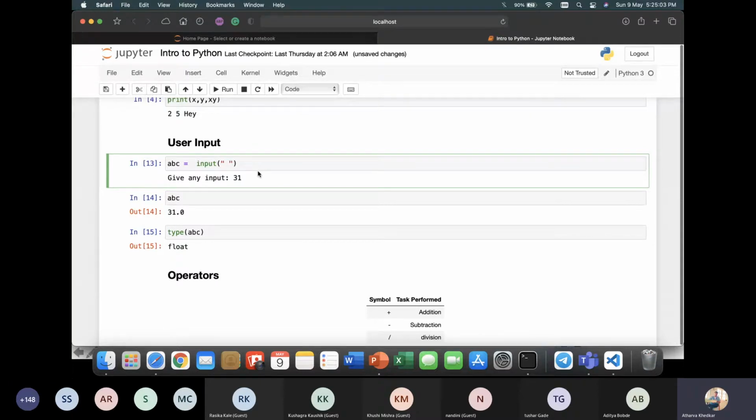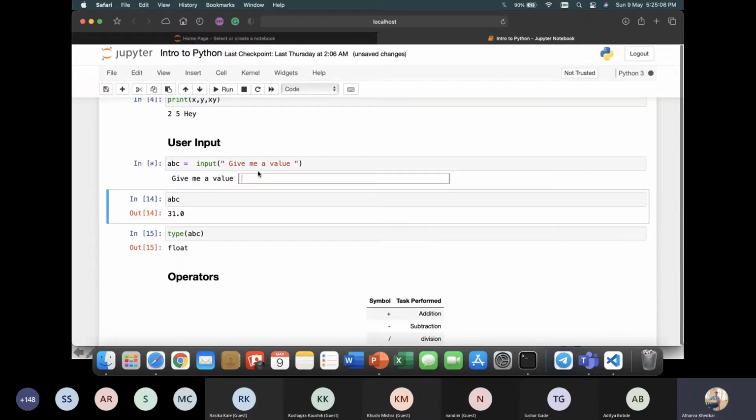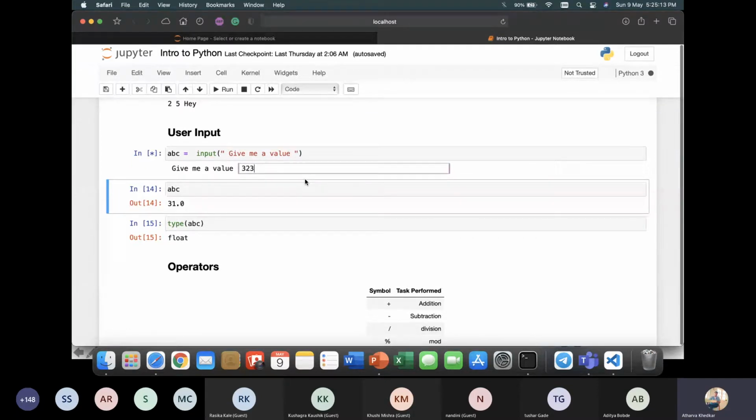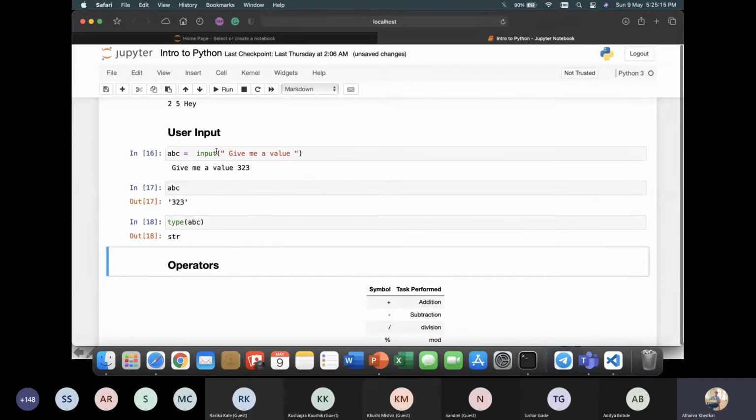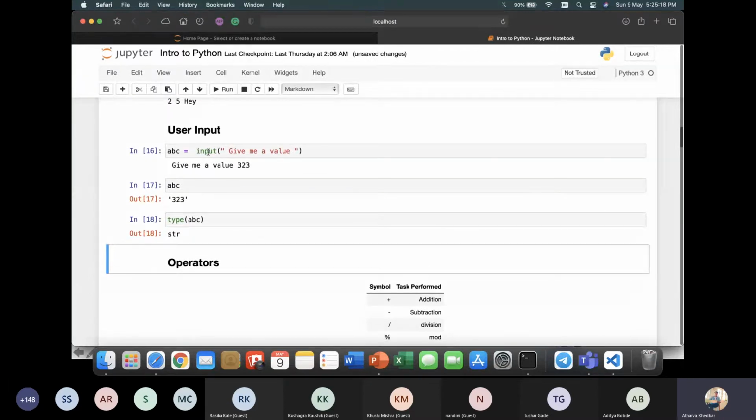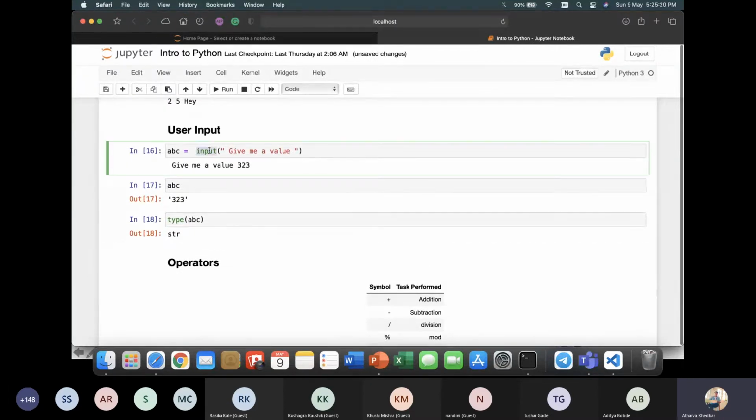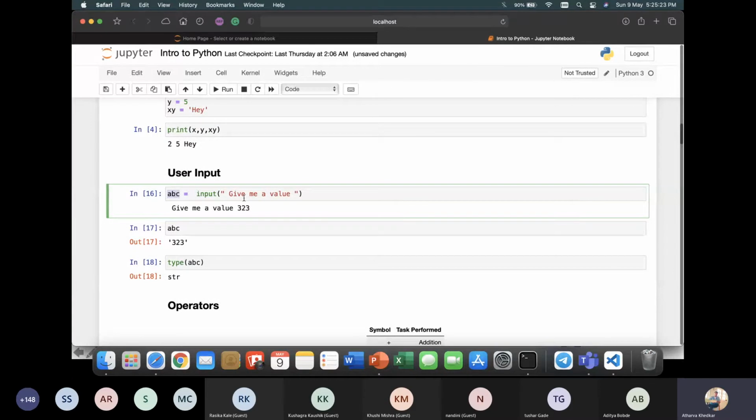So you can say, like, give me a value. So it's just a print statement which is asking for an input. I guess it's very much easier as compared to C or C++, because all you need is just this input. And also one more thing, this ABC, I haven't explicitly declared it like a variable. Like for JavaScript, what you do is you write var ABC, you initialize it somewhere. But in Python, you can just initialize your variable anywhere and give it its values.